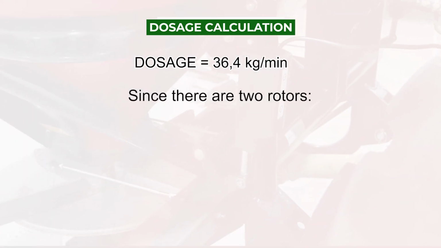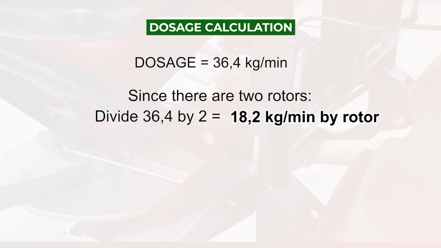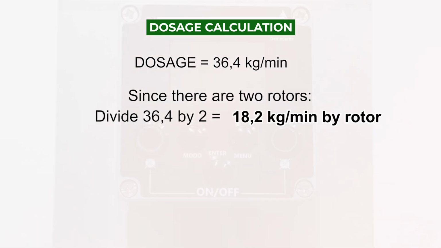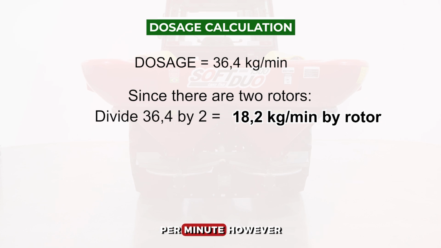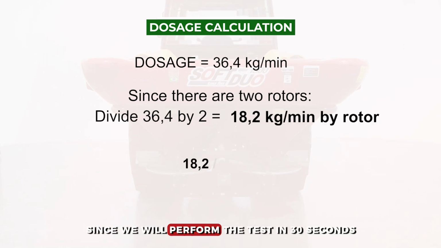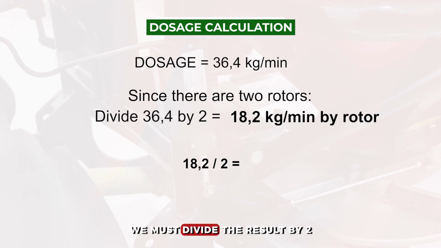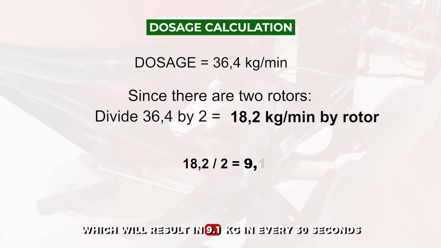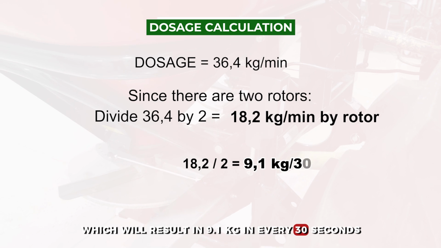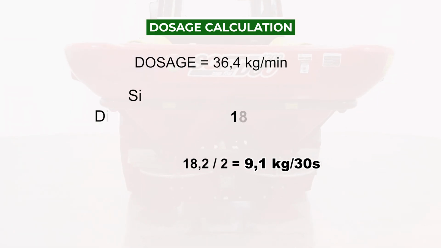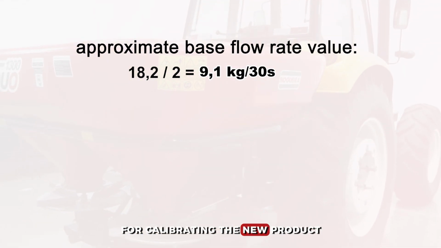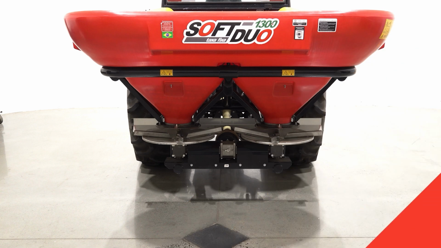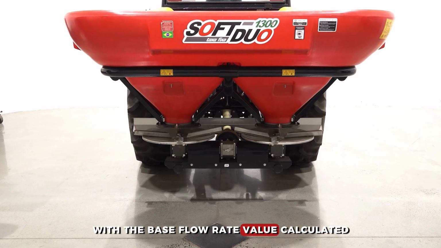Since there are 2 rotors, we must divide the result by 2, so 18.2 kilos per minute by rotor. Note that the value calculated above shows the result in kilograms per minute. However, since we will perform the test in 30 seconds, we must divide the result by 2, which will result in 9.1 kilograms in every 30 seconds. This will be the approximate base flow rate value for each rotor for calibrating the new product. With the base flow rate value calculated,